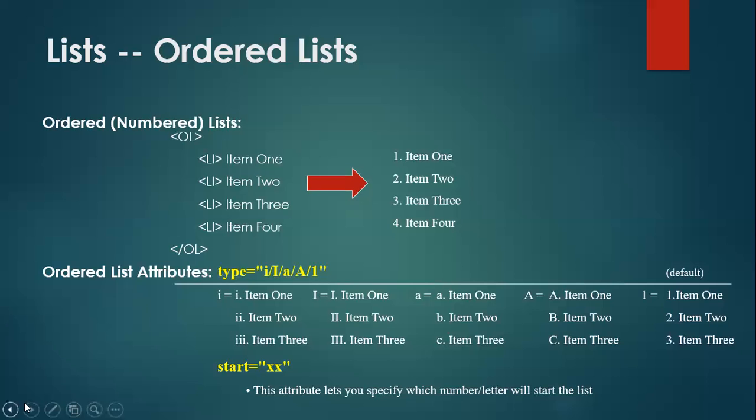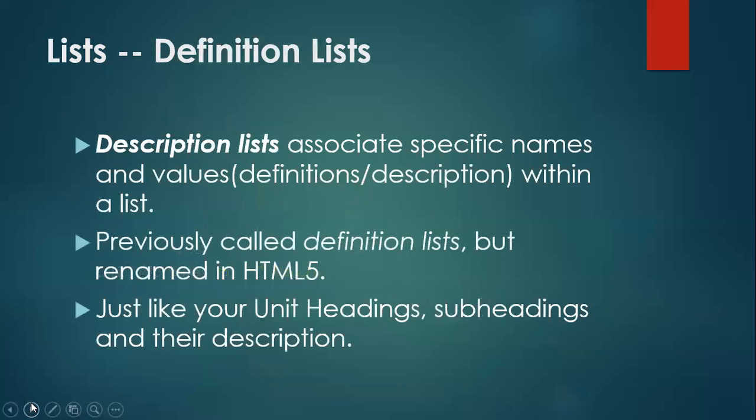Then comes another list, that is the definition list. Definition lists are description lists associated with specific names and values. Names and values mean definitions or descriptions of that name. Just as when we have headings and subheadings in our unit and their description in a paragraph. That description is actually the value of the heading or subheading. Clear? And the heading is the list item of that definition list. This definition list